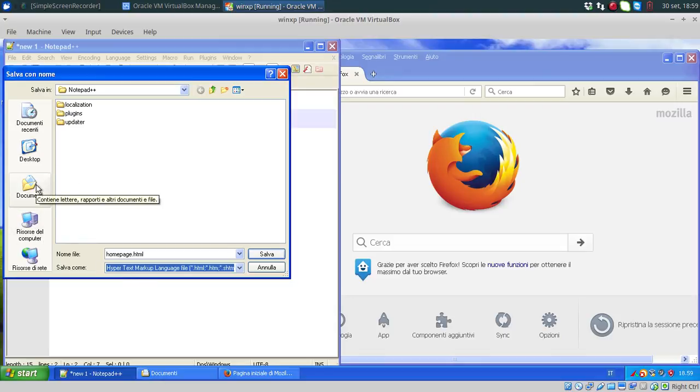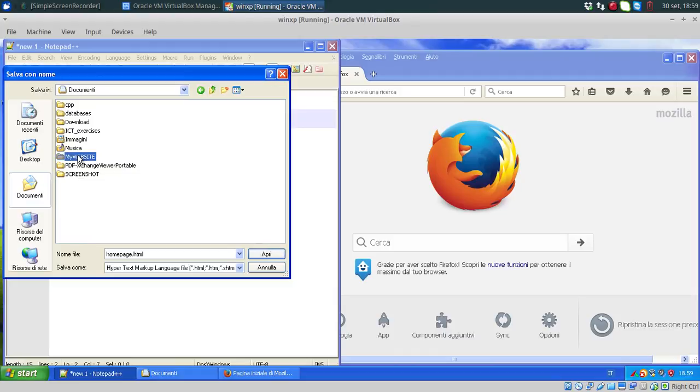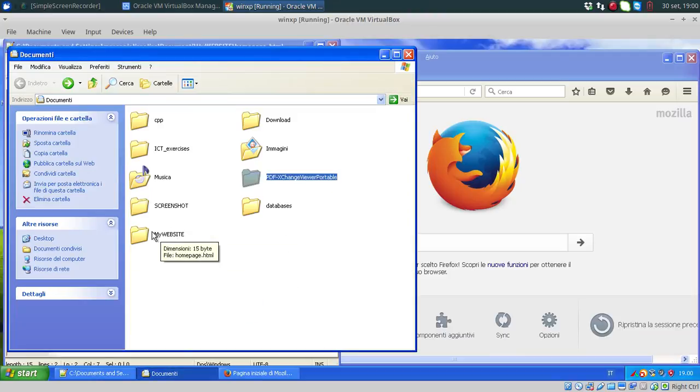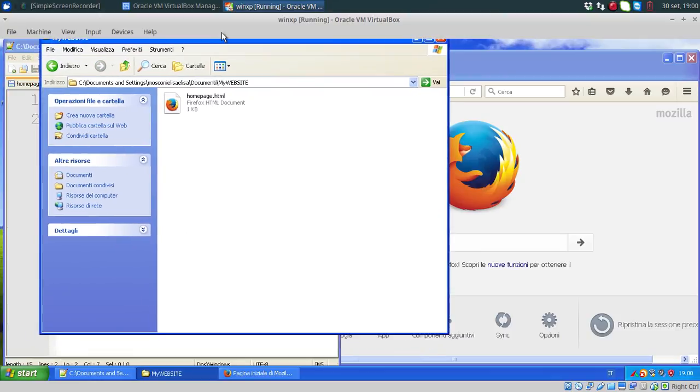I save it in a folder which will be dedicated only to my website. So in Documenti, my website. Use always this folder to save your HTML documents and the images. Now you see the colors. In Documenti, I can see that I have a home page file in HTML and you can see the icon